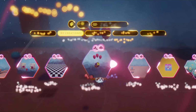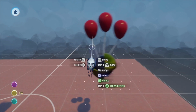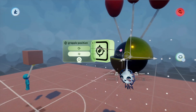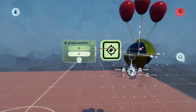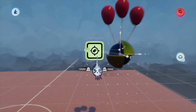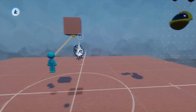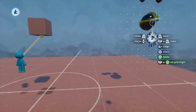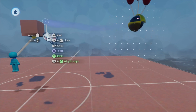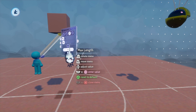Now one thing I made, not in this video, is just a sculpt with some paint, and inside of it is a tag that's called grapple position. That's all this is. It's just a sculpt with the tag. So really all you need is the tag. I'm just going to use this for ease here. And that's basically where we want this block to go when we decide to grapple. And then we'll measure the distance from the block to the player